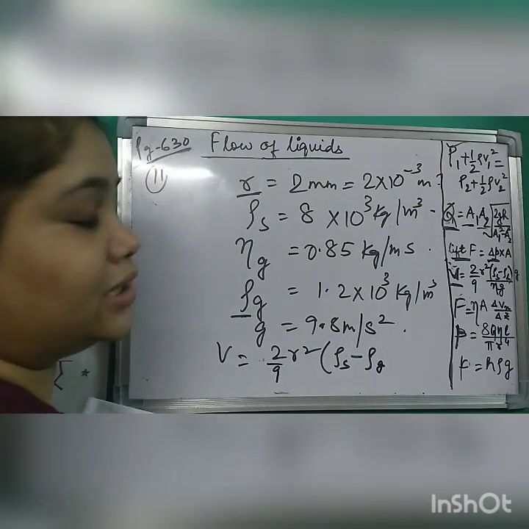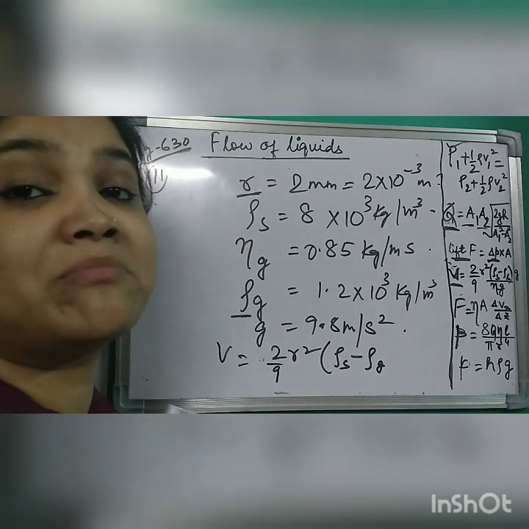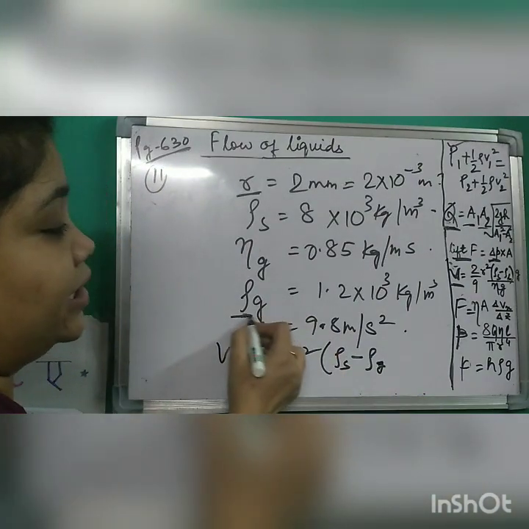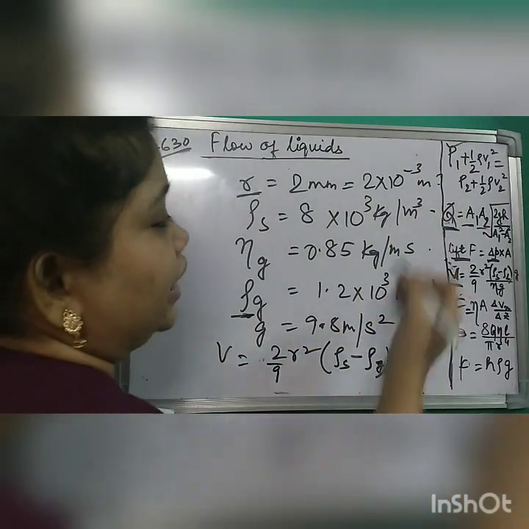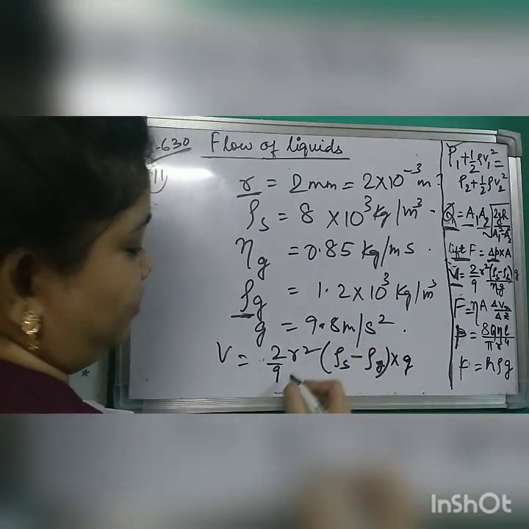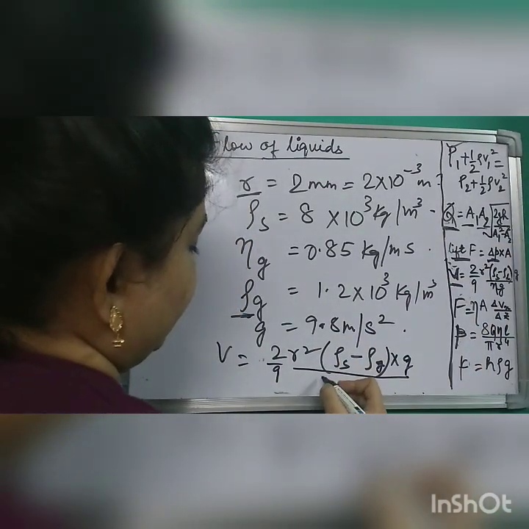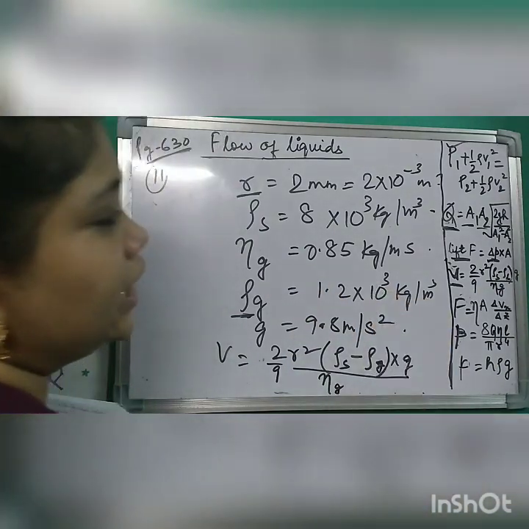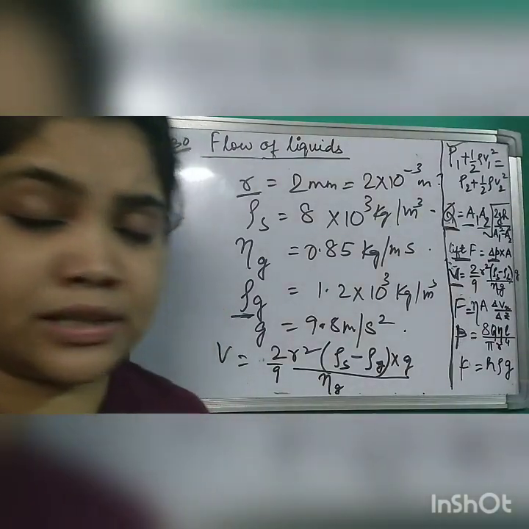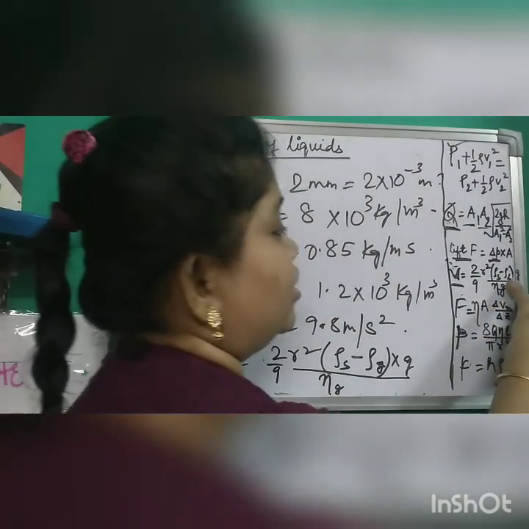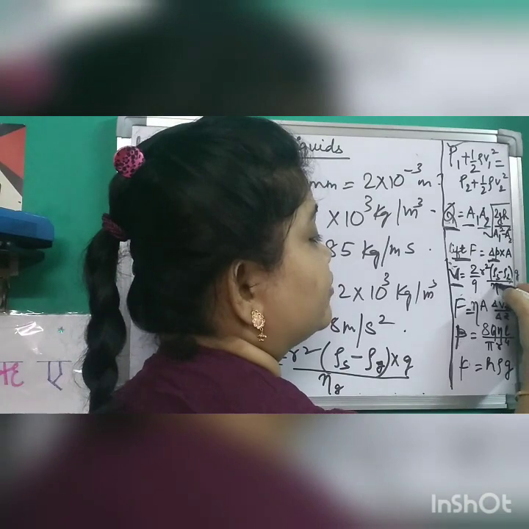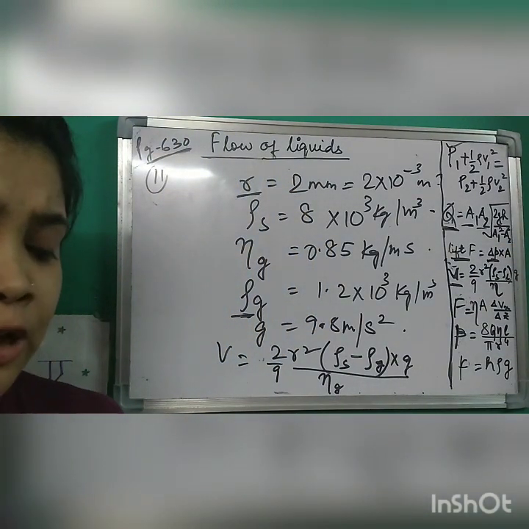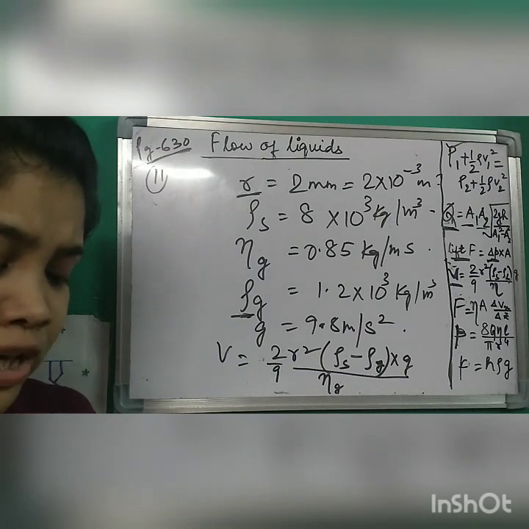Okay, liquid here is nothing but the glycerin. It is density of solid minus density of liquid. Here your density of the liquid is nothing but glycerin, as I have written, 1.2. Then into g, g is given as 9.8, by eta. Eta is basically the viscosity of the liquid. So if you put this value of eta g, here you will get